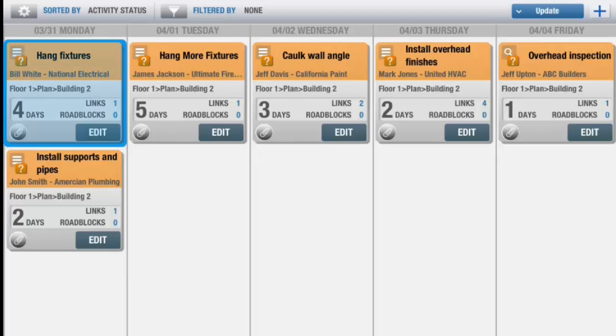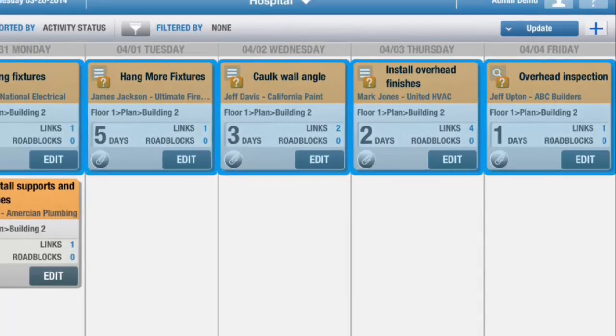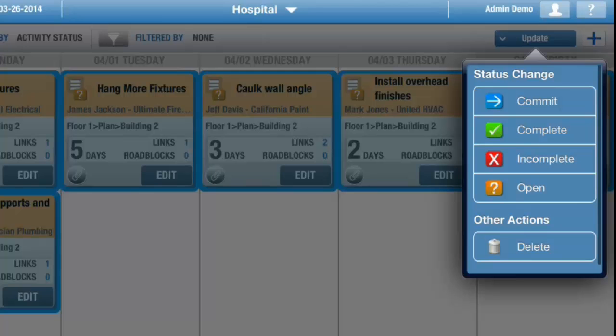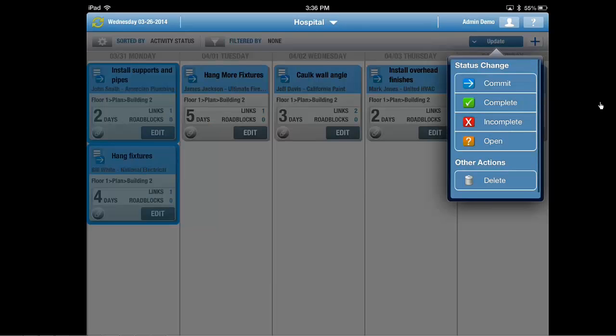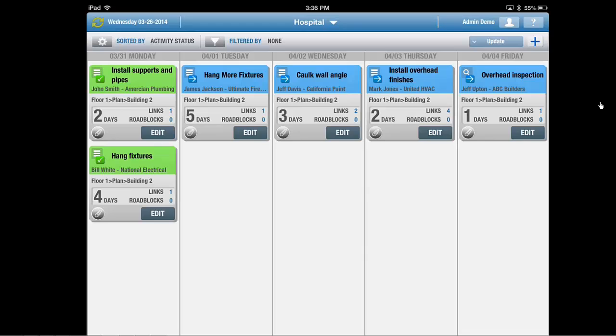To select an activity, it highlights in blue, and I can pick more activities, and then from the update button, select a status and apply the changes. So now everything's changed to blue because these are all now committed. If I wanted to mark some activities as complete, I could select them, same process, and do a quick update. Incomplete works the same way,